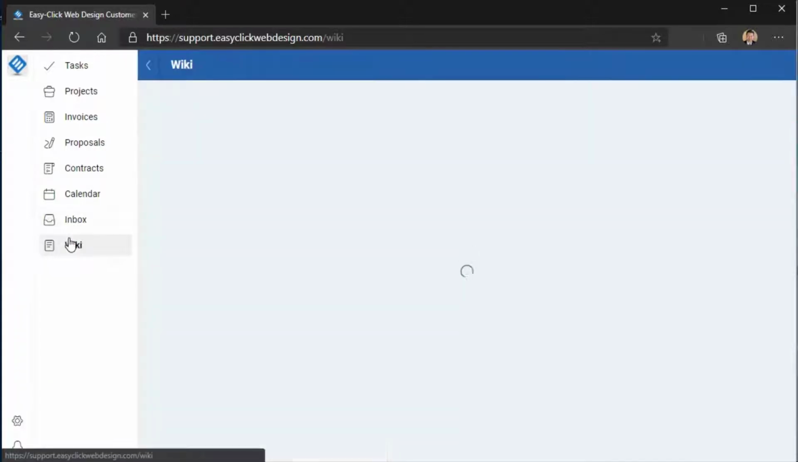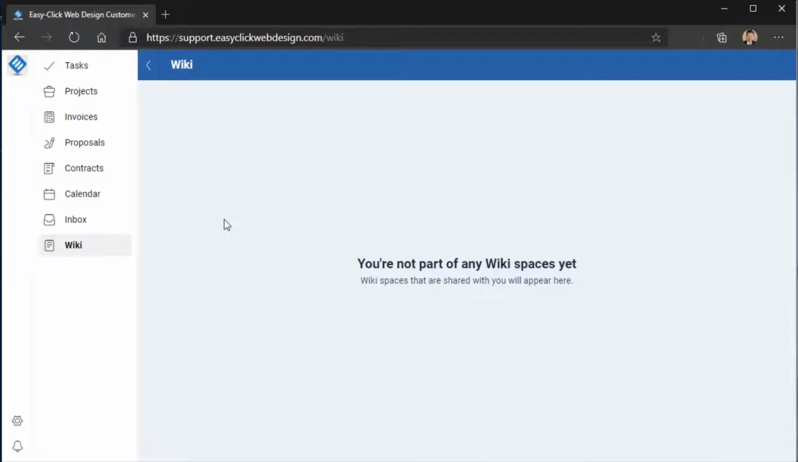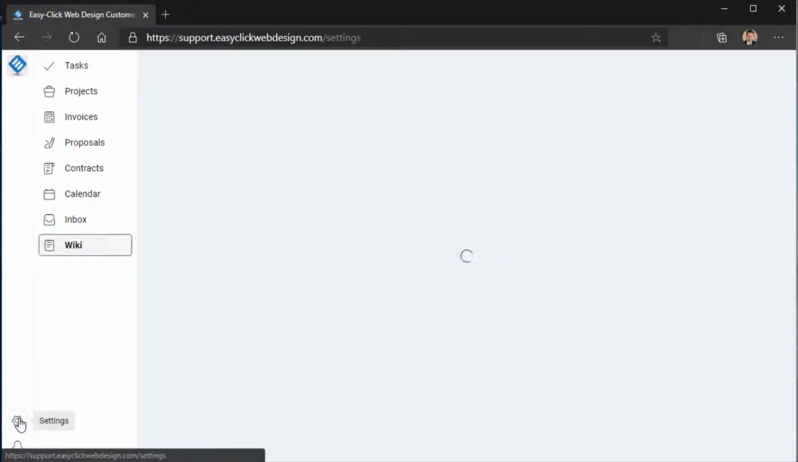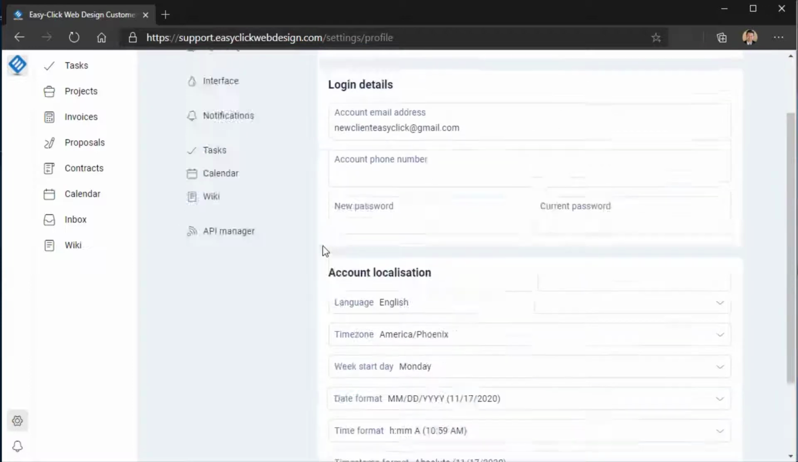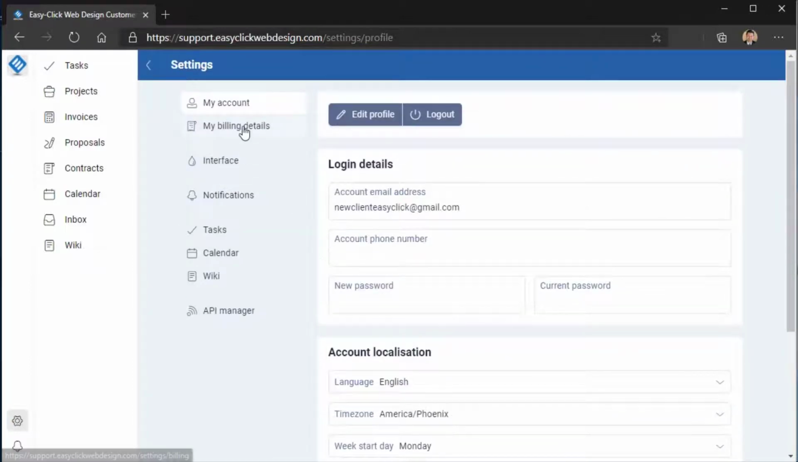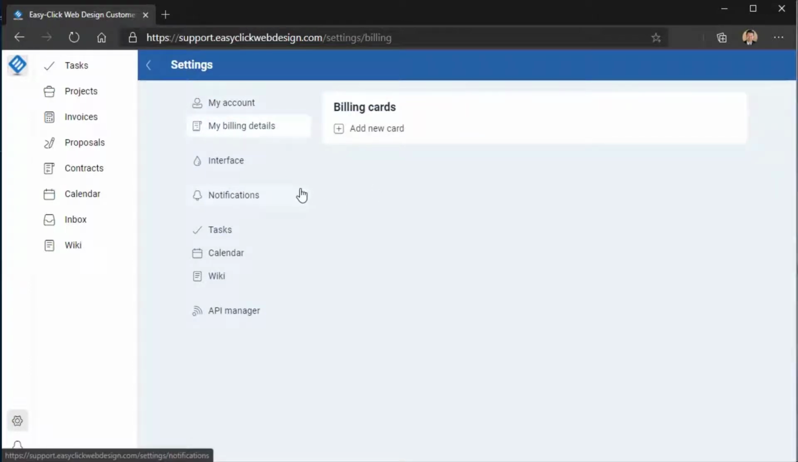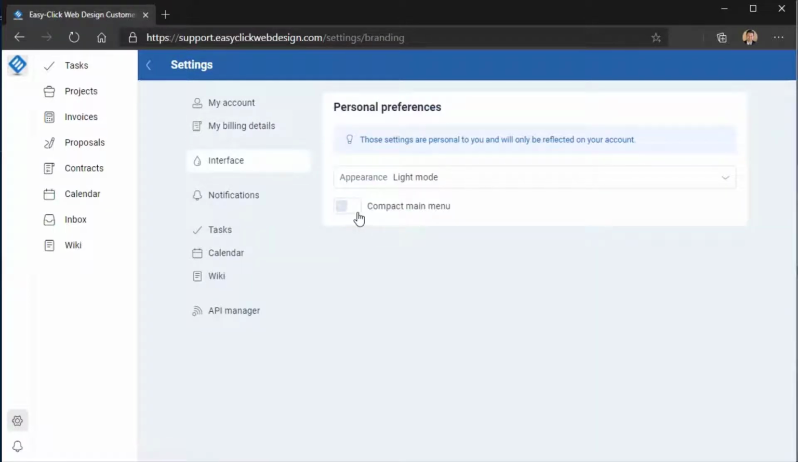Wikis, you can create wikis and share them with your clients, like a Q&A or a training or whatever else you want to share with them. Your client can also go down into the settings, and here they can adjust some things for themselves. So billing, they can add their credit card information here. Interface, they can go to light and dark mode,